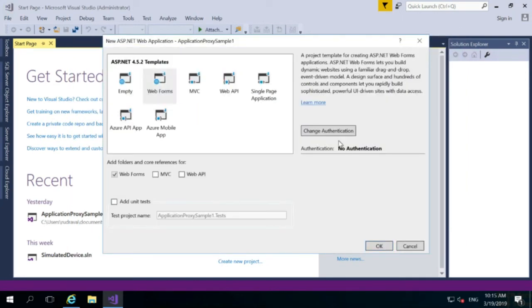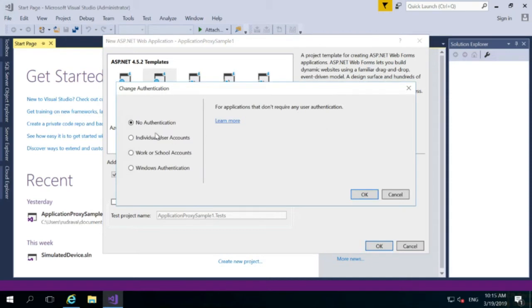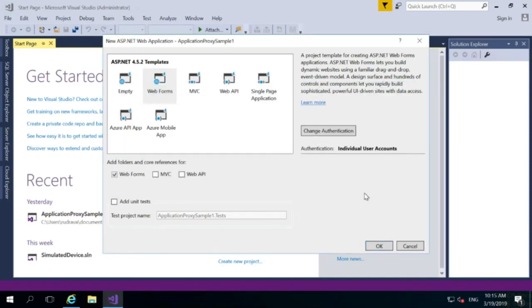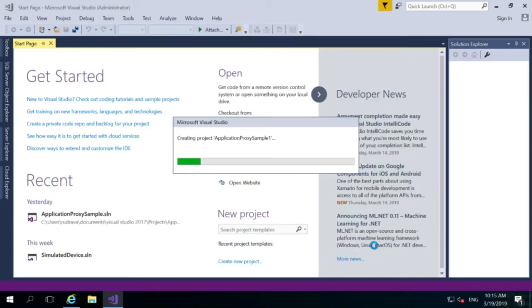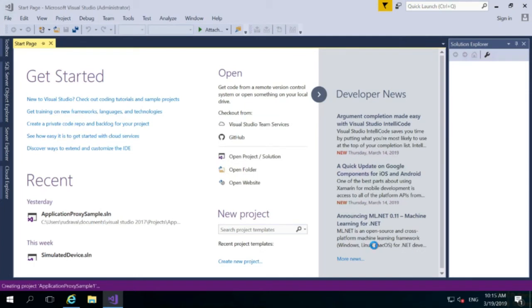And then I'm going to change this authentication to individual user accounts. Click on OK and click on OK. So we are basically deploying a very simple app so that we can configure in Azure Active Directory to remotely access this app via My Apps portal.